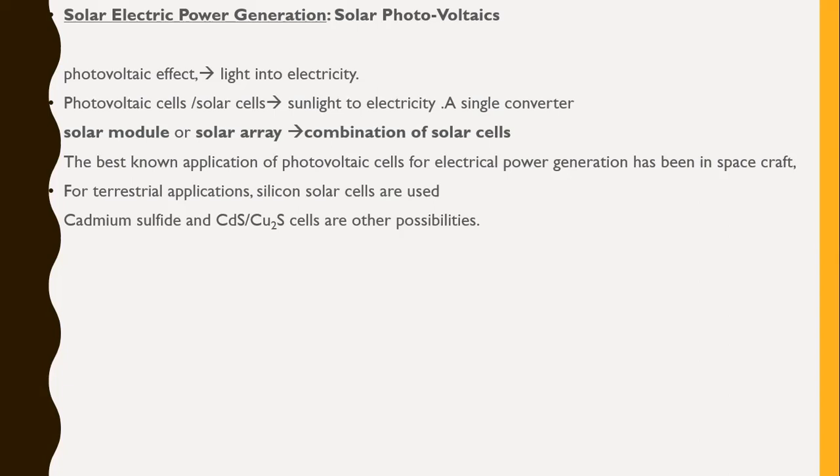We know that silicon is the earth's most abundant material, but it is also very expensive to extract. It is extracted from sand, where it occurs mostly in the form of SiO2. Silicon exists in the form of SiO2, and from this SiO2 we have to extract only the silicon, and this is extracted and refined to the purity required for solar cells.